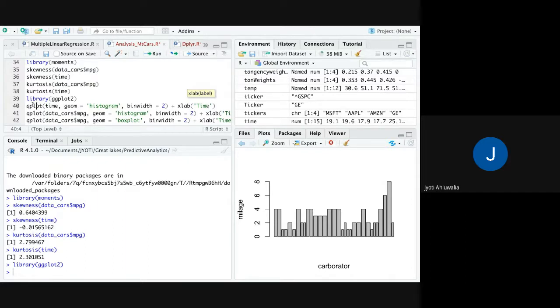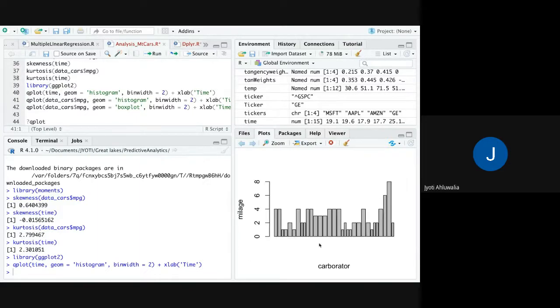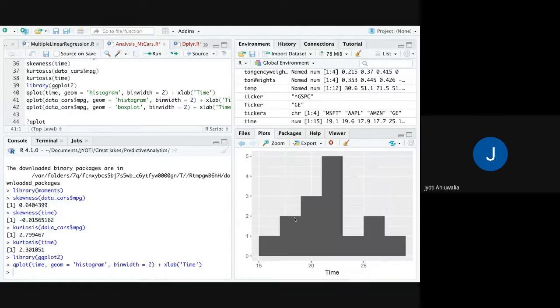If I run this, it gives me a histogram. Now this plot and the earlier plot are different because this has a background and numbers, it's made a little more advanced. That is the difference between a normal plot and a ggplot.